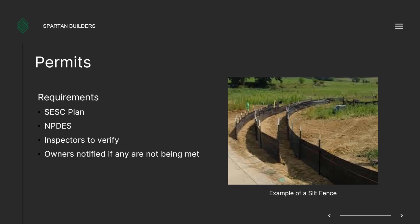Permits for construction are as follows. The SESC, or Soil Erosion and Sedimentation Control Plan, basically states that silt fence will be surrounding the site to eliminate the escape of bare soil during construction. It also states that sediment is not going to be distributed into roads or bodies of water to be transported